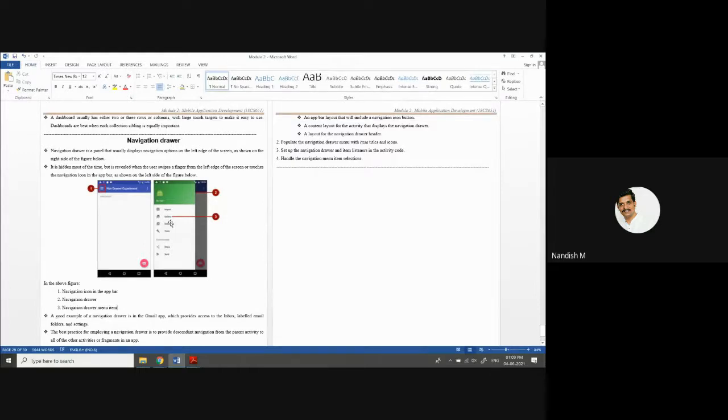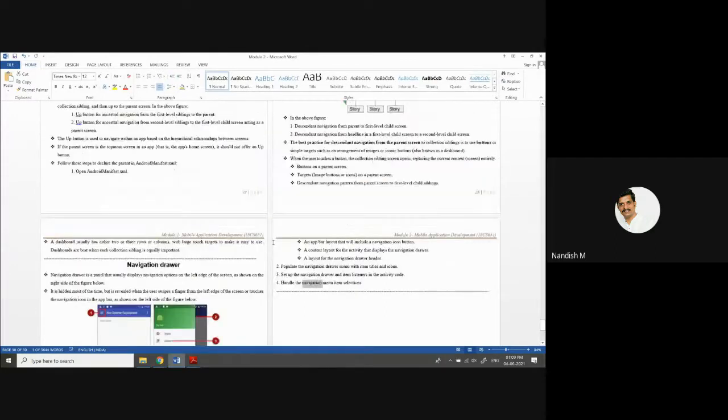If I click on import, what should happen? If I click on gallery, what should happen? Slideshow. Writing the logic for that is handling the navigation menu item selection. These are the things you have to do in the navigation drawer. These are the steps to create the navigation drawer.